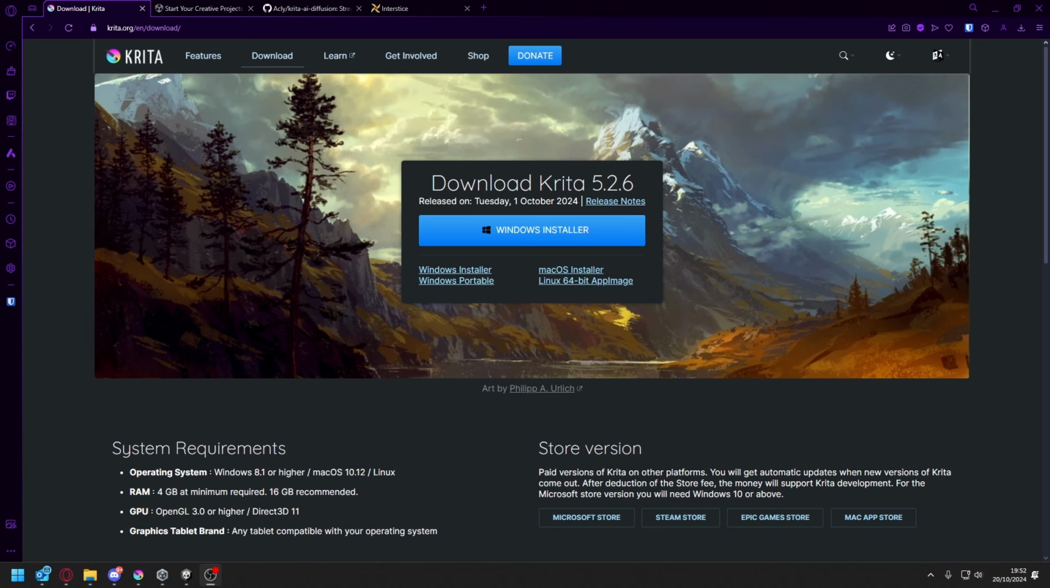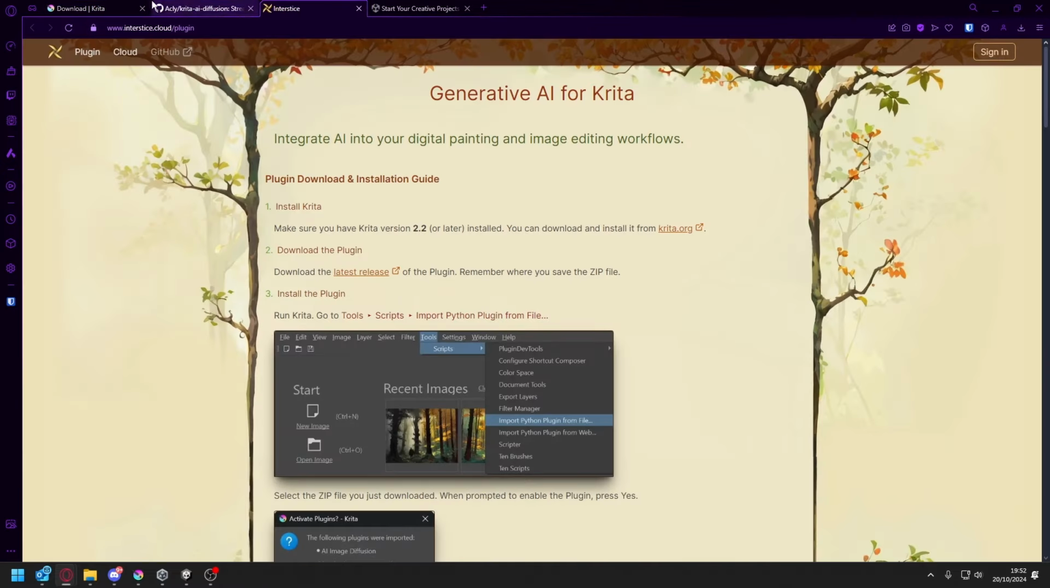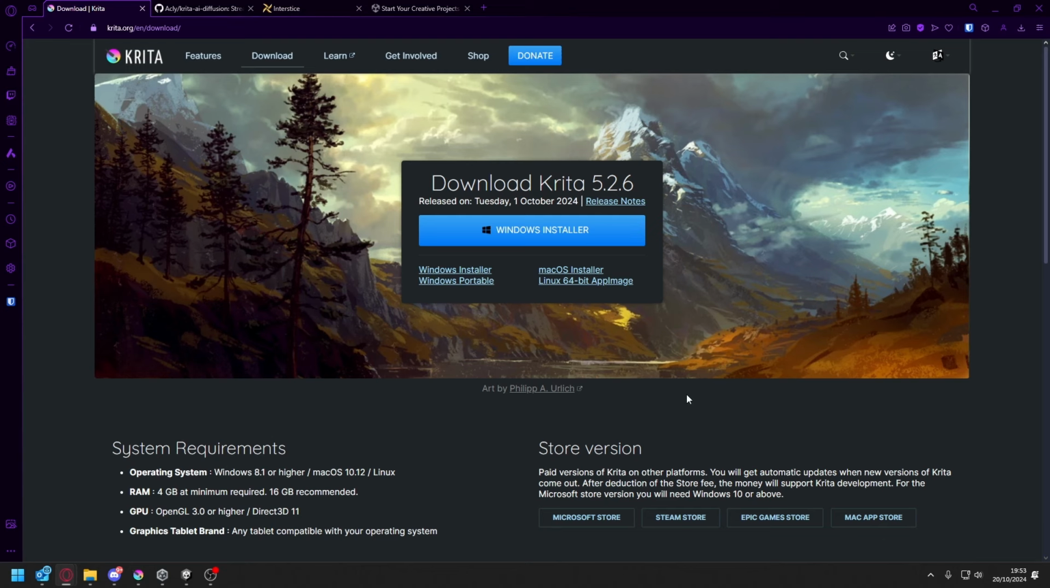So we're going to be utilizing Krita for this, together with a plugin called Krita AI Diffusion. Now, there are other ways to generate images. Of course, you can run them locally in different ways. However, I find this Krita plugin to be very user-friendly, and you don't need a lot of technical know-how to get started with this. So what you want to do to get started is download and install Krita, and then